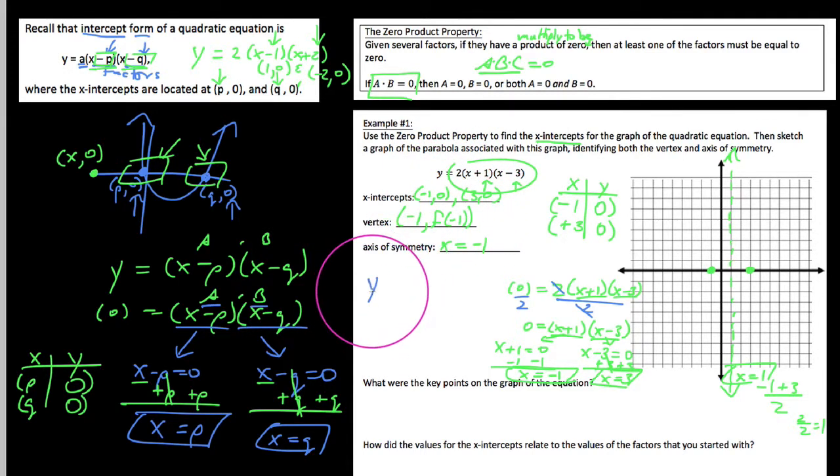the original equation. Now, I want you to keep in mind the original equation, which is this one right here. We had minus 3 and plus 1. We're actually plugging into these points right here. So this is very important. You put in blank parentheses. We put a 1 there and there. You have to forgive my mess here. We say y actually equals 2 times 1 plus 1 times